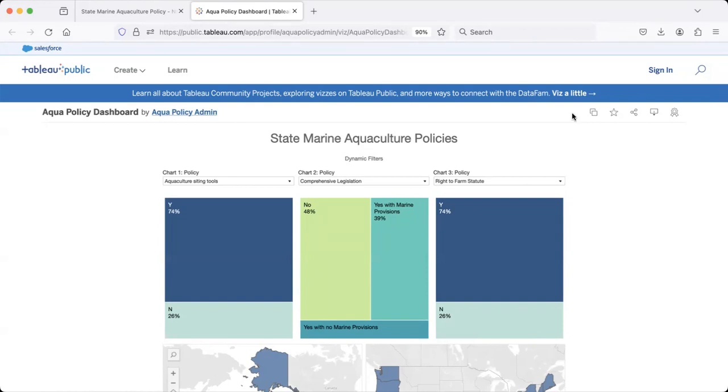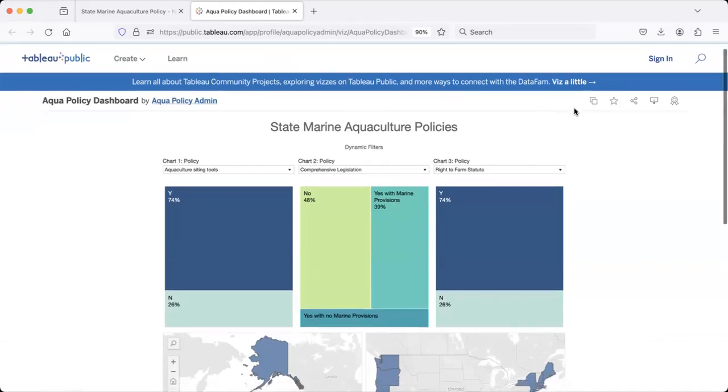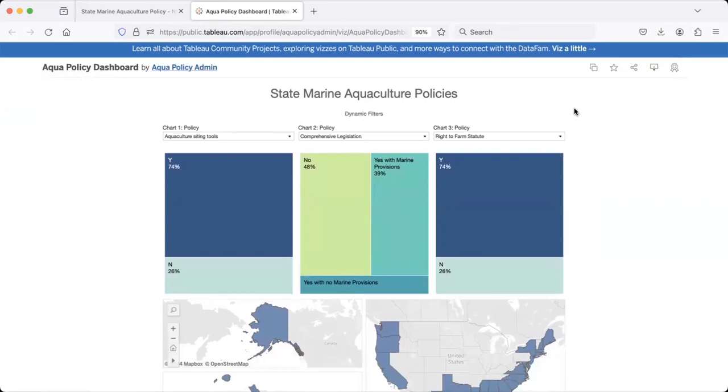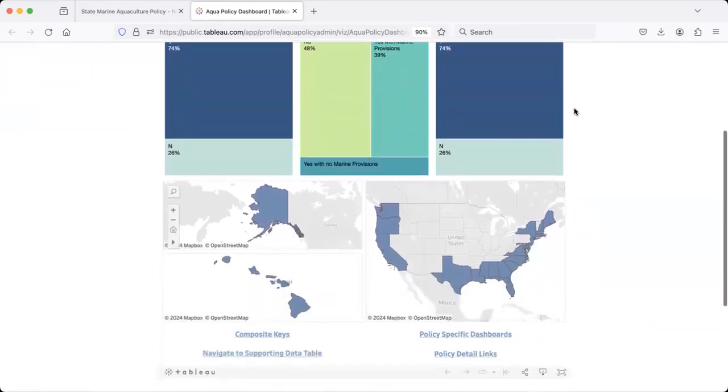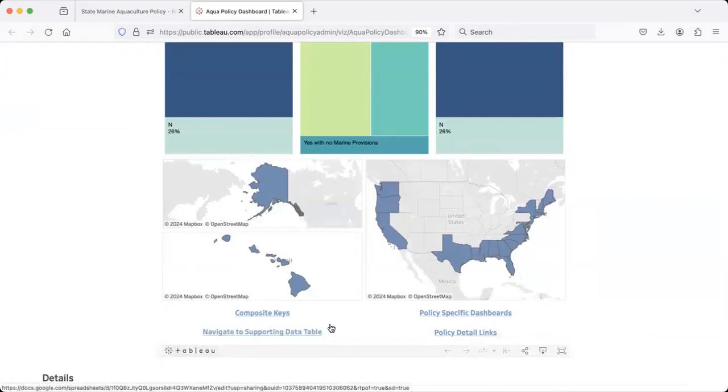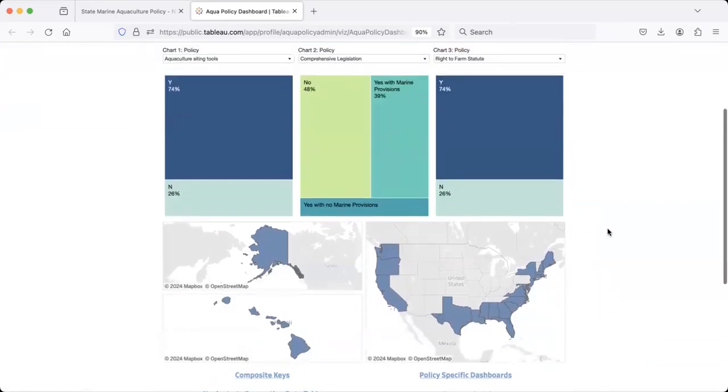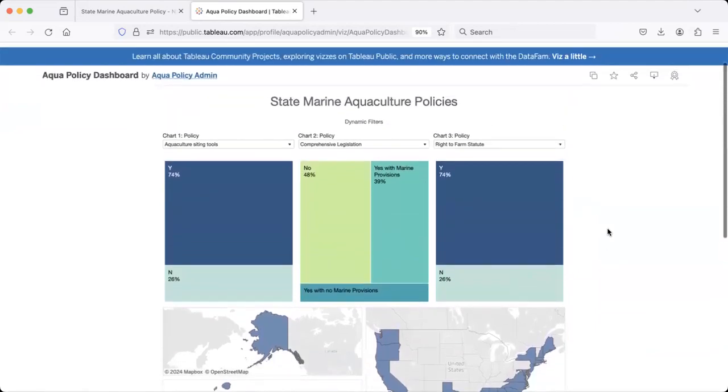This is the most interactive part of the dashboard and may be a little overwhelming to users that are coming here for the first time and may not yet be fully familiar with all of the information that is in the dashboard. I'm going to start and talk about this interactive feature, but know that we'll get to the other ways that you can navigate with the data that might be a better entry point than this first screen. So hold on, we'll get to that. But